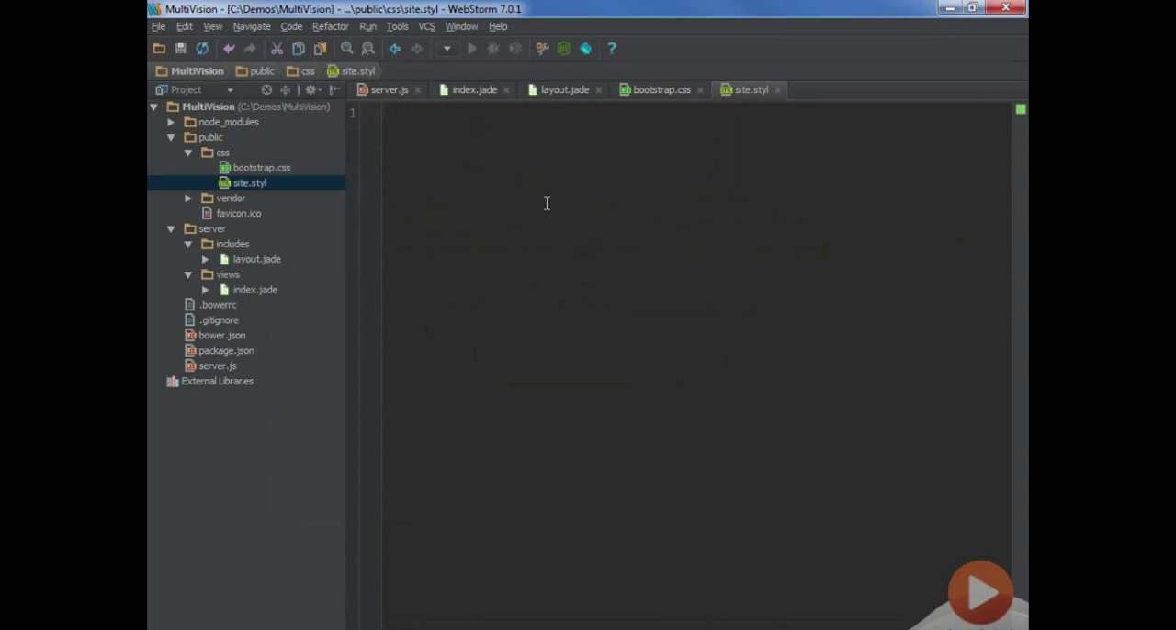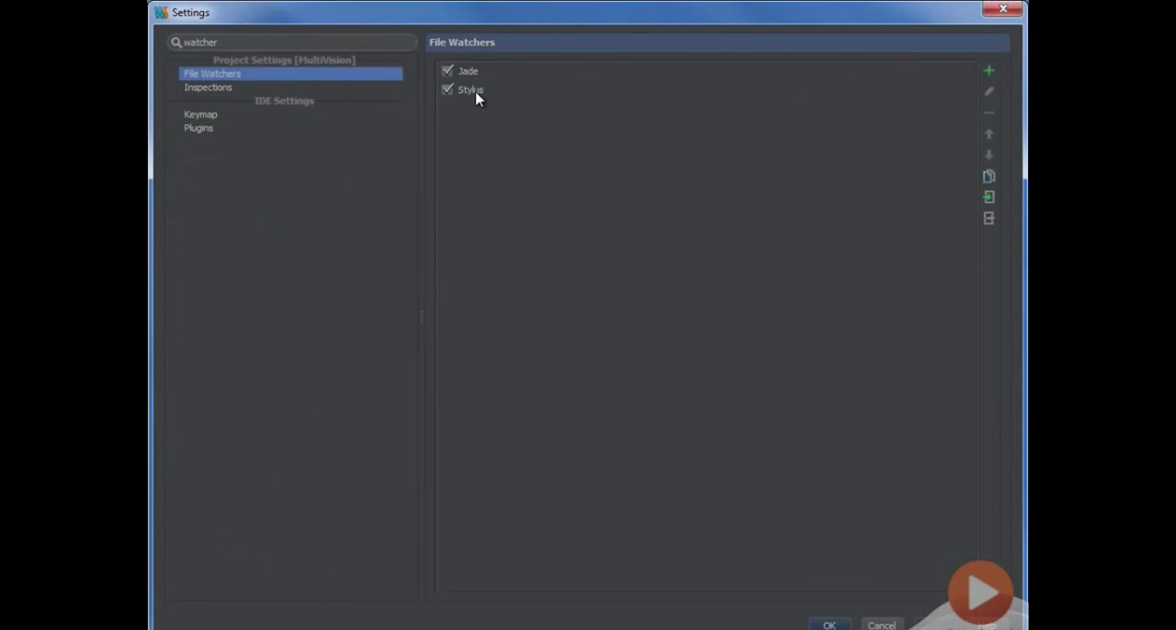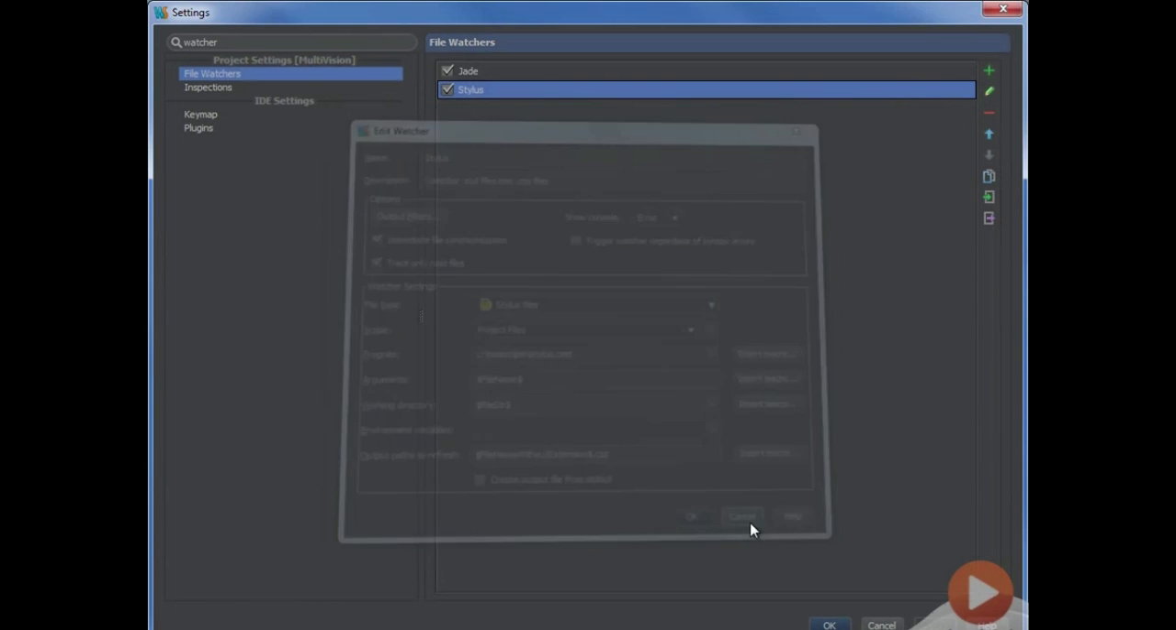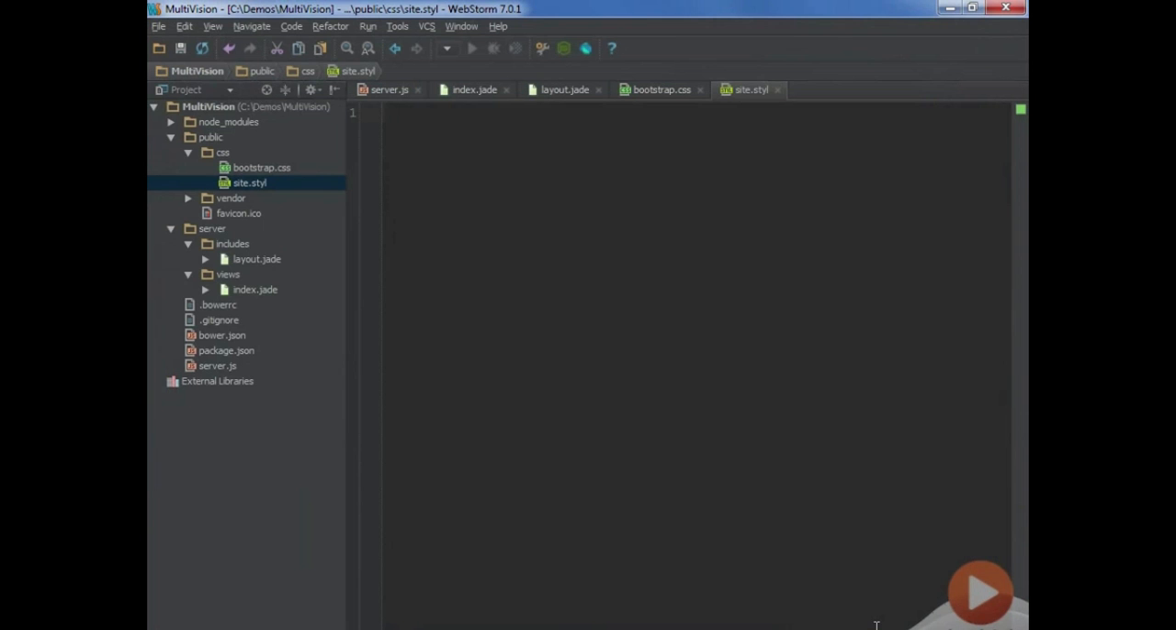And let's take a quick moment and look at how to configure a stylus watcher inside of WebStorm. So again, I've got a link to the command file for stylus on Windows, or on OS X this wouldn't have a CMD extension. The other settings are pretty much the same. In order to make this work, I installed stylus globally. For now, we're going to leave this file blank,